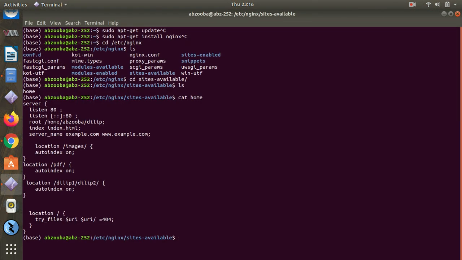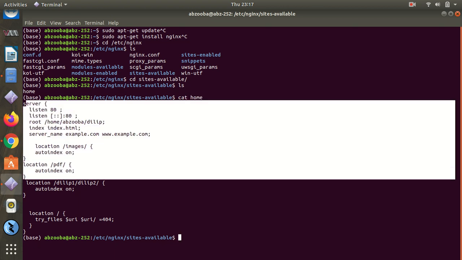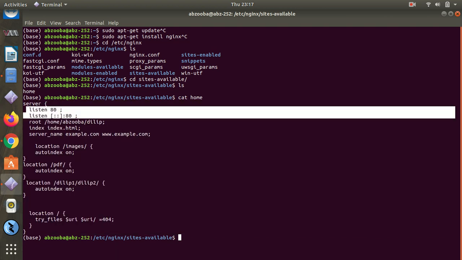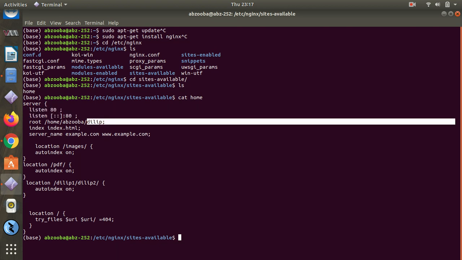So in the file we will write a server name, where we are interested to listen on port 80, and the folder we want to make static will be our root folder.